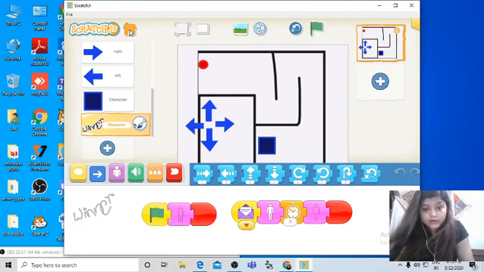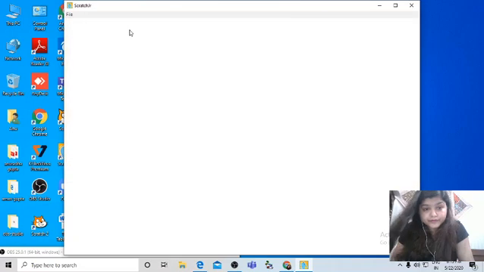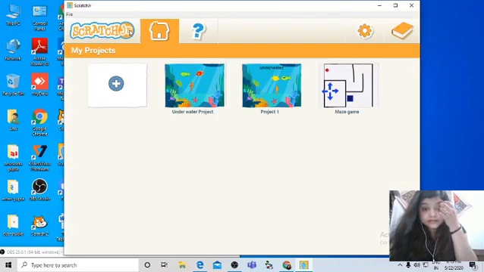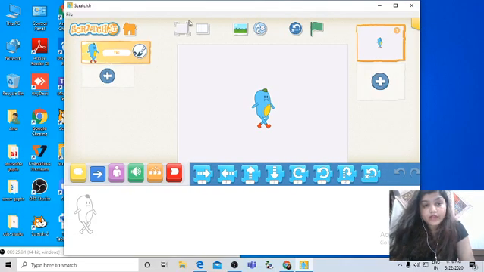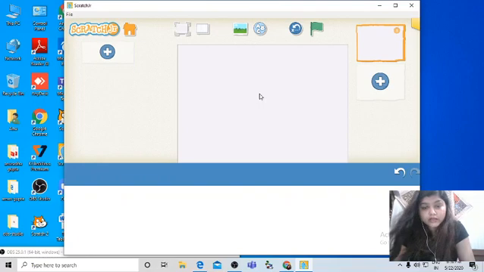You need to click on home. Click on the plus sign, children. Then by default you can see this character is here. To remove this character, you need to keep pressing your left mouse button and then remove it.